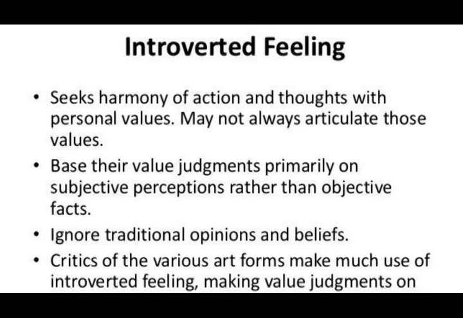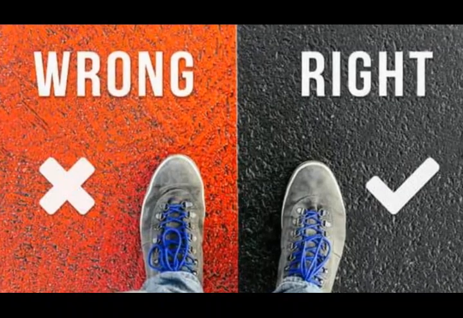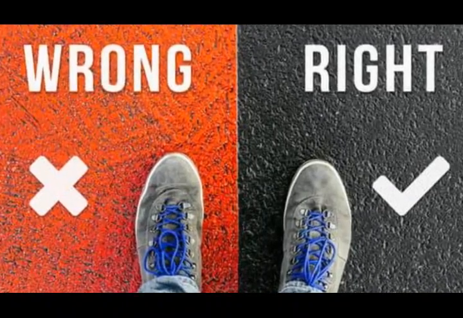INTJs have tertiary Fi, which speaks to their personal value system and moral sense. INTJs follow their own sense of right and wrong based on an assessment of their own feelings. Their ethics and personal feelings on a given matter can often be at odds with the values and moral codes commonly espoused by others. Consequently, INTJs can sometimes get themselves in trouble with others by not being in lockstep with the group or showing a lack of conformity to the group ideals.